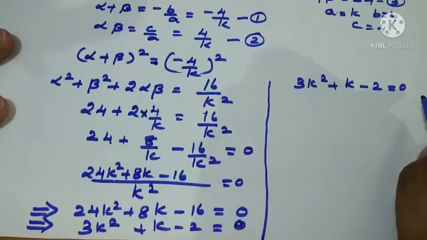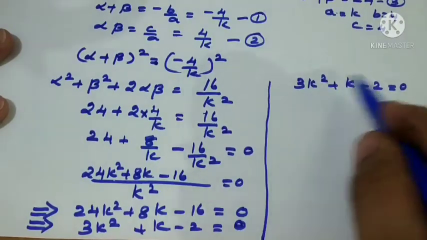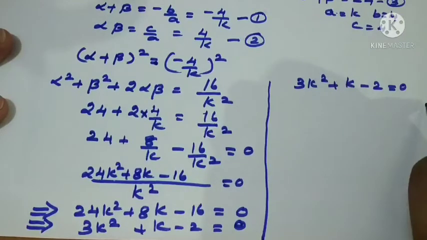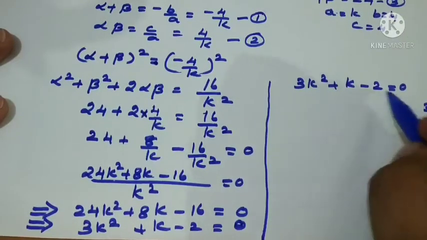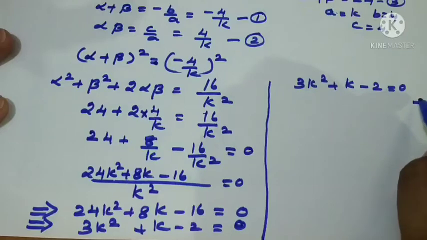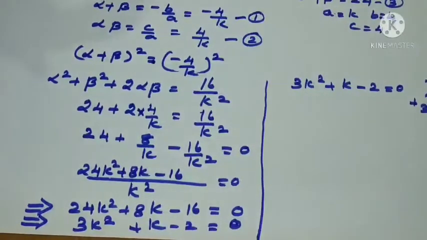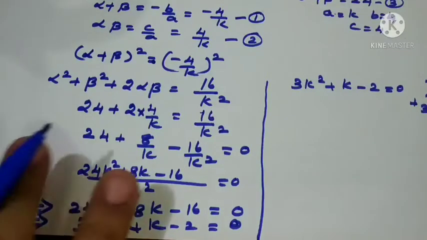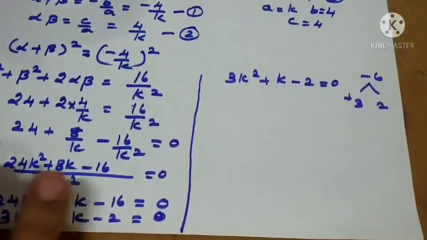So product is 6 and the sum is 1. 3 and 2, minus 6. So I should go for 3 and 2 only. So the middle term sign is having the greater number, so plus 3, and the remaining we should decide minus or plus. So it is equal to minus 2 now.